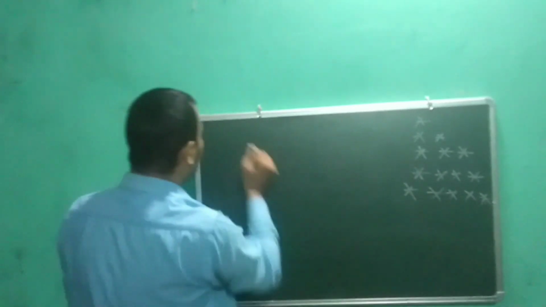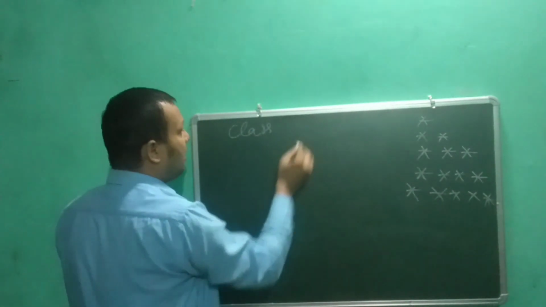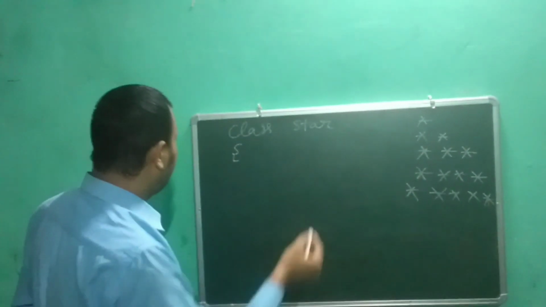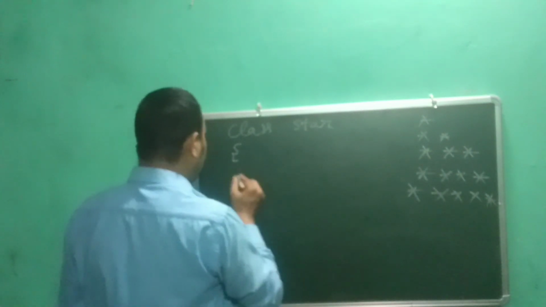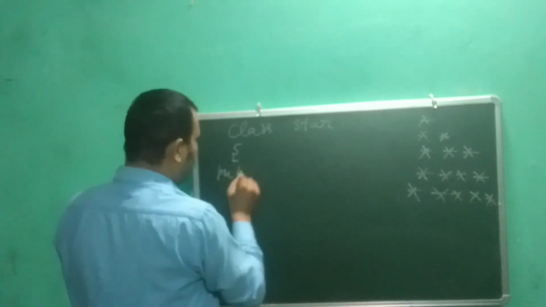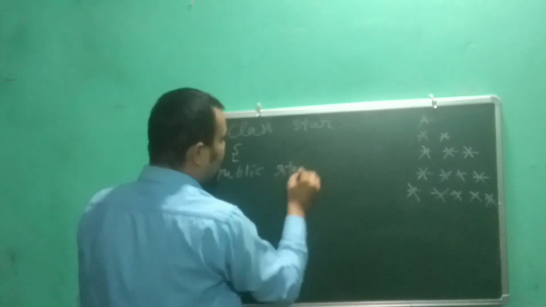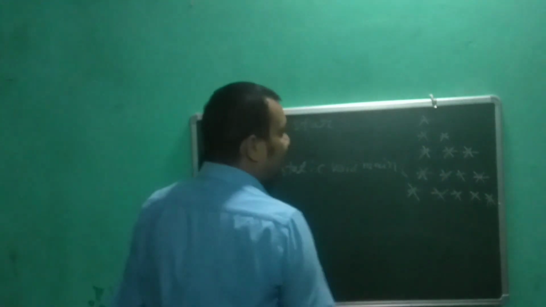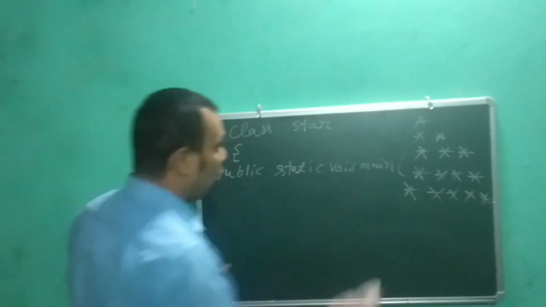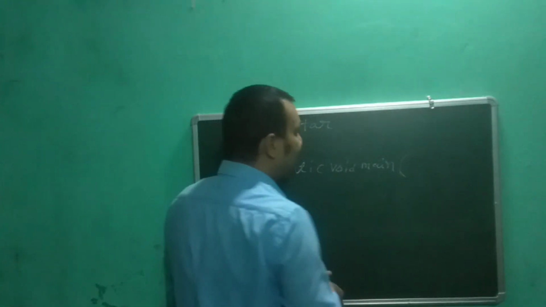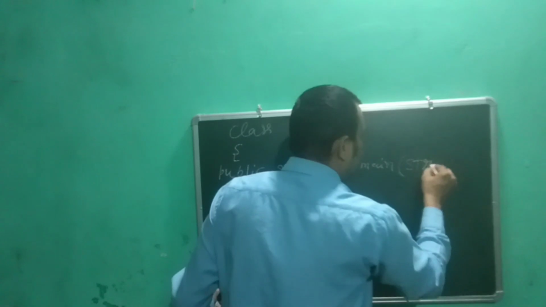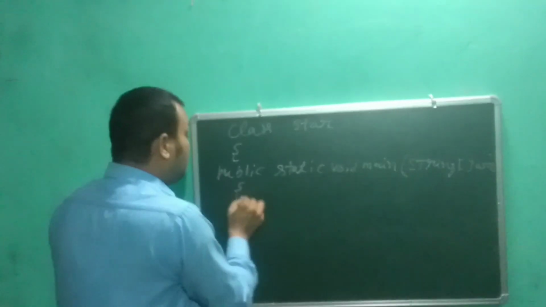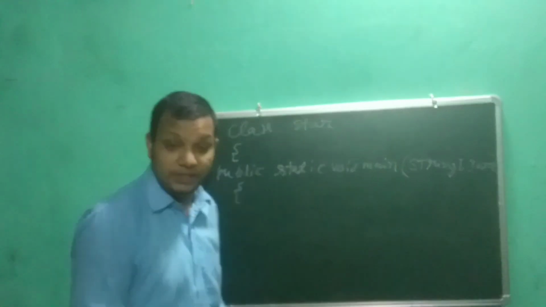To make this program, we will start with the class. Let's make class star. Okay. We don't need to have any input, so we don't need scanner classes. What we are going to do, we will have here public static void main, and then after what we write, that string args, that argument of the main function that we are going to mention here. So we will be writing here string, then after that args. Okay, let's begin it.